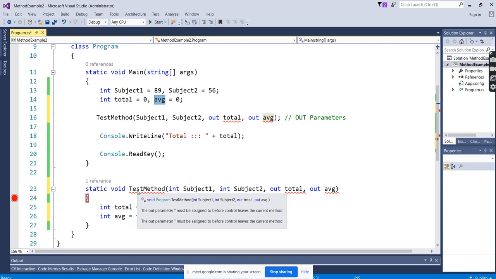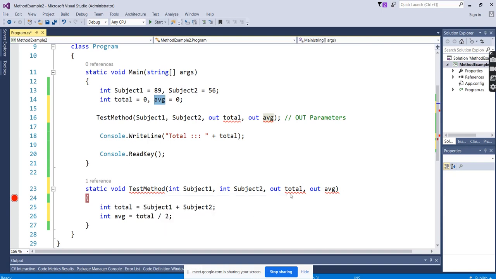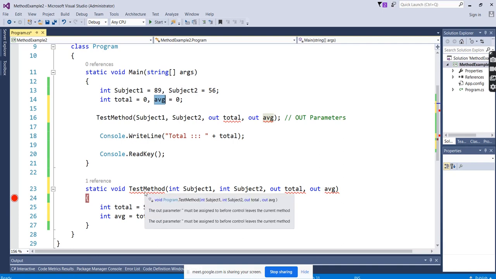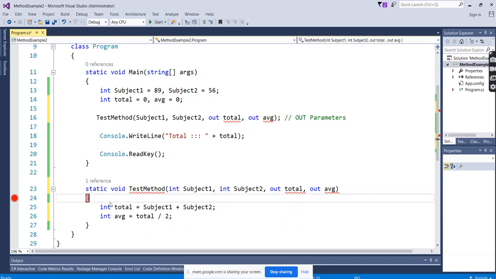Assigned before. We have assigned here. Some assigning we are getting error. Out value parameters. Out parameter must be assigned before it leaves the current method. We need to assign the values here again. I don't think so.